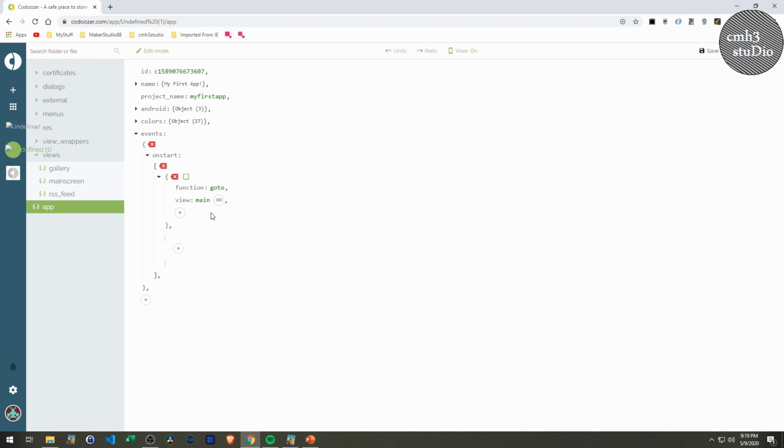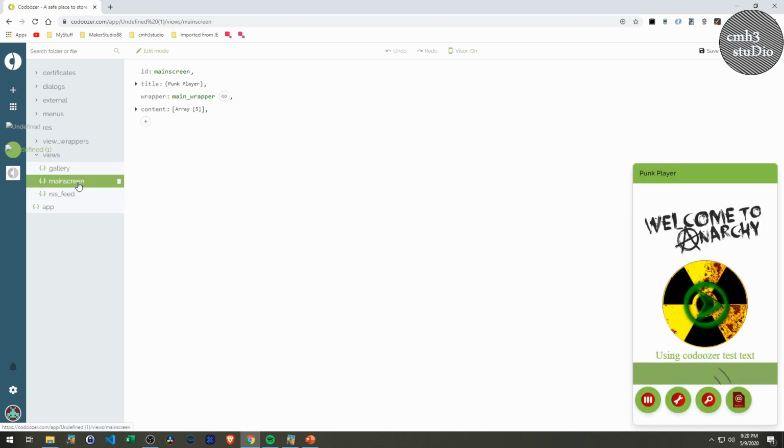And so here's how you work in Codoozer. If you're trying to get rid of an array, you just hit that arrow there, and if you want to add one back in, you can say with the plus sign, hey, I want this function go to main screen. I actually fixed that because it said main before, and then I renamed it the main screen. So I just corrected it there, and you see right here, there's this little link. This will take me to the wrapper, or to the view for main screen, and this is actually my main screen right here. May have jumped too soon, but